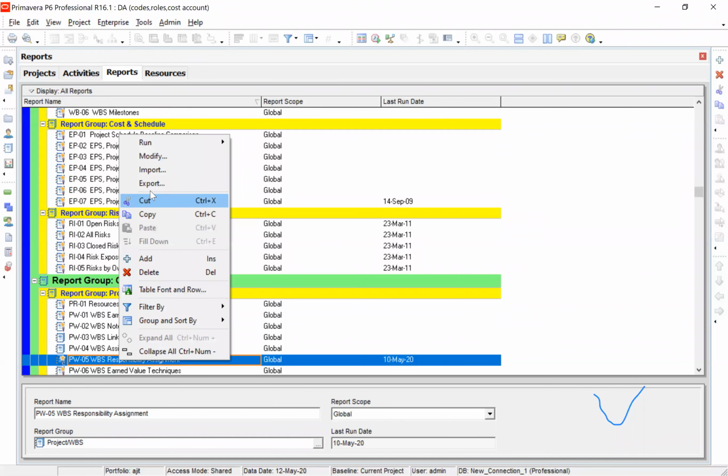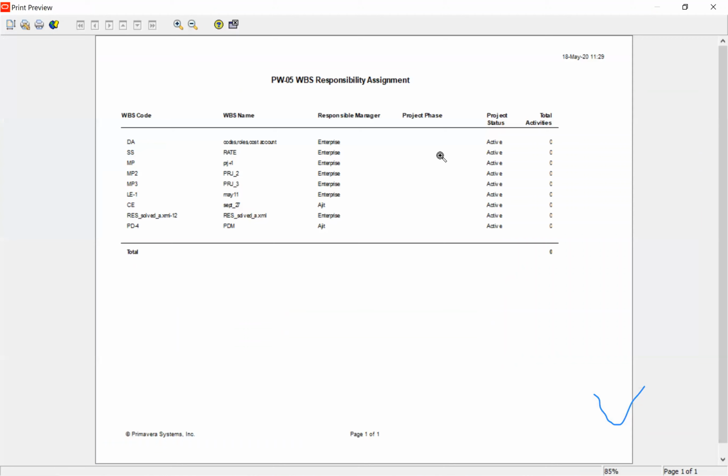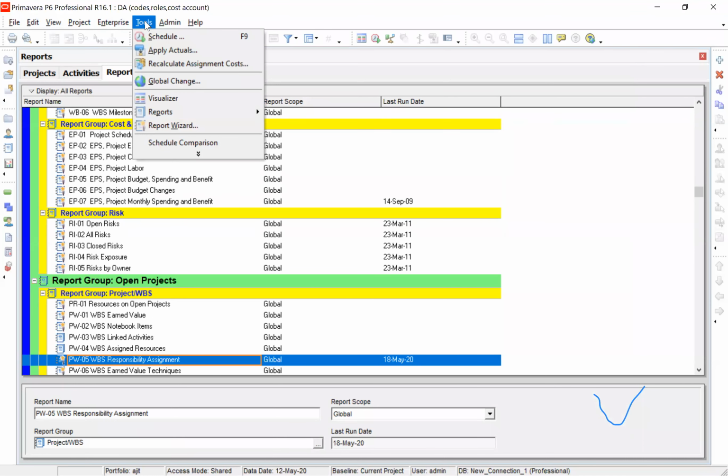So let me try to run this for you. See, it shows you everything. See, the built-in report, you must try whenever you have time in the vacation, you try the built-in report with the project that is open. So you can see here that these are the activities which are open, but it doesn't help you unless you go for the report wizard.